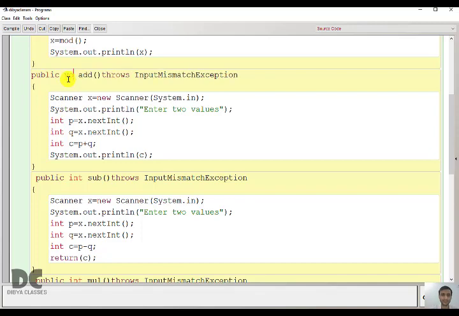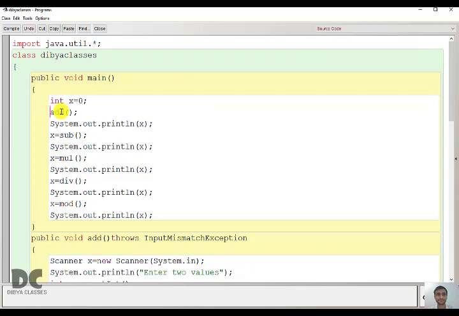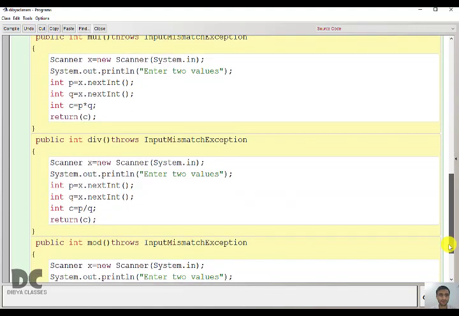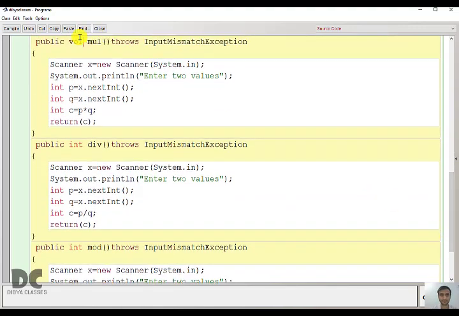And since we are not returning, this will be void and there will be no variable here. Similarly for sub, for mul, division and modulo division. We'll change it for everyone. Void. Again for mul, void.